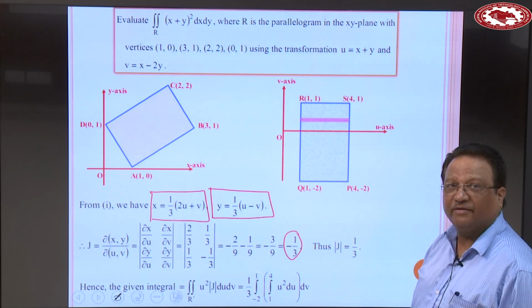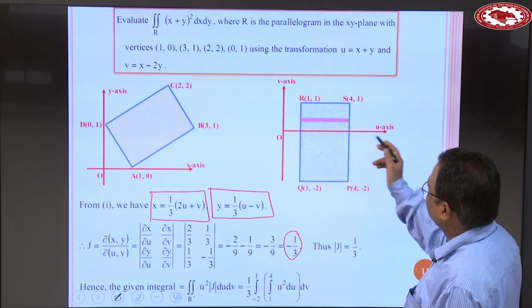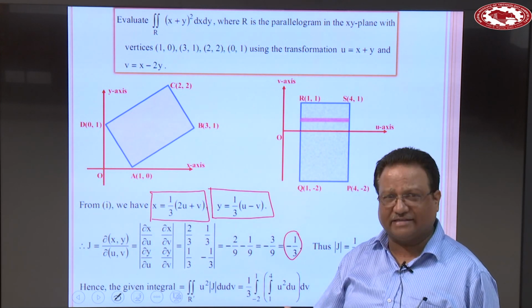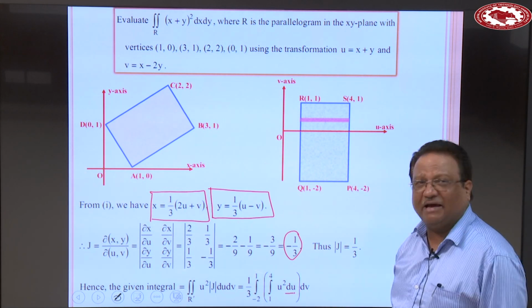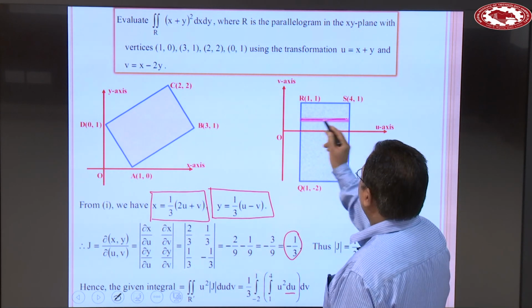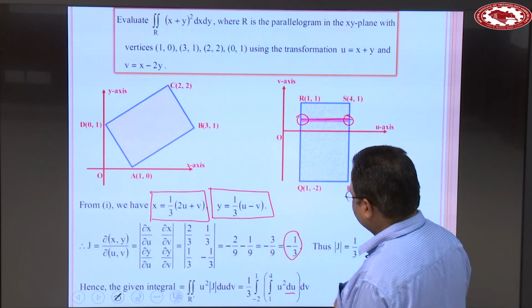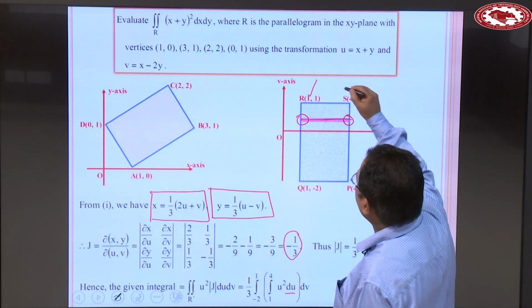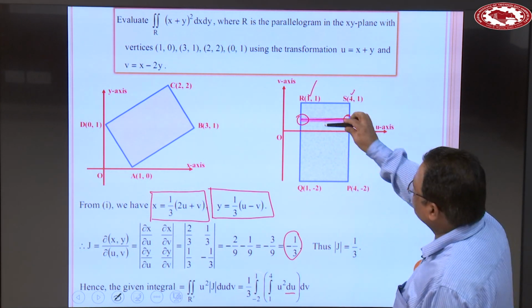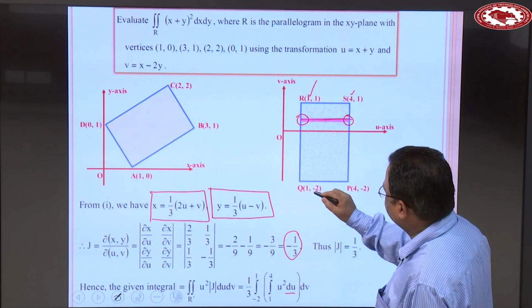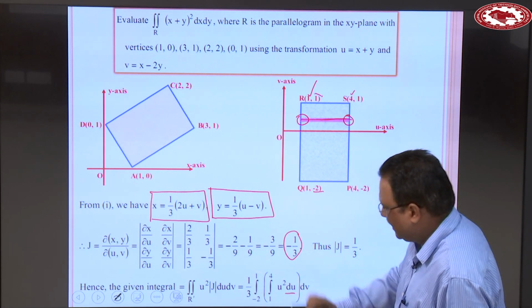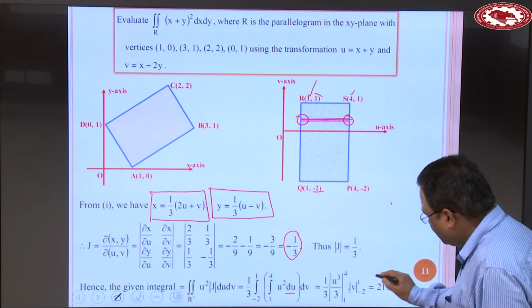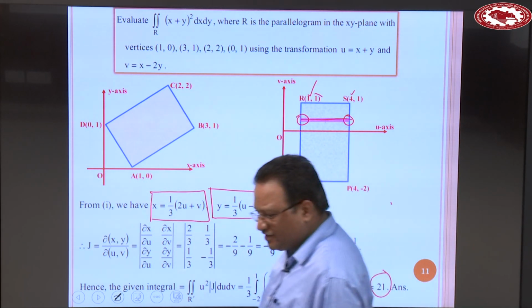Now you can see this is the u axis, this is the v axis. How do you solve the double integral problem? Consider a strip which is parallel to u axis. So we consider here the strip is parallel to u axis, from this point to this point, this means from 1 to 4. Now this strip slides from y1 to y2, where y1 is minus 2 and y2 is 1. So minus 2 and 1, and solve this integral problem, inner integral first and then outer integral, you will get the answer 21. So this question is important.